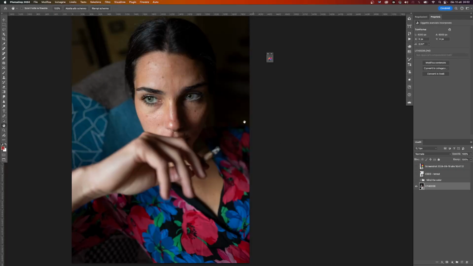So let's jump right into Photoshop and I'll show you what I mean. Okay, this is a picture by Carlo Spinoso. Before showing the plugin Mind the Color, I want to talk a little bit about color harmony, color theory, because if you want to get close to a particular color harmony in a picture, first of all, you can analyze the hues inside the picture. In this shot, we can see basically four different hues: the orange, the blues, the red, and the greens.